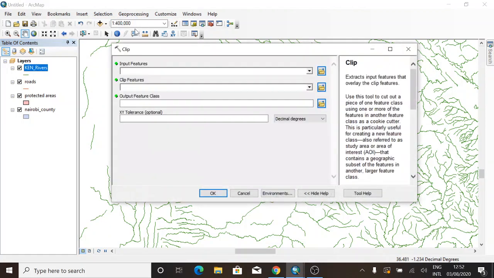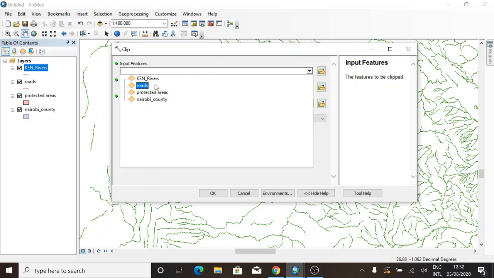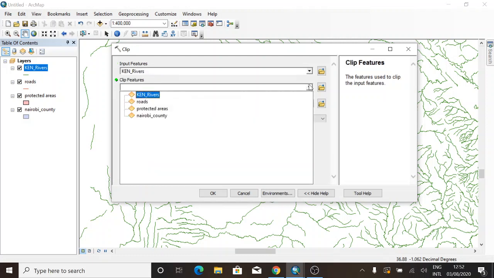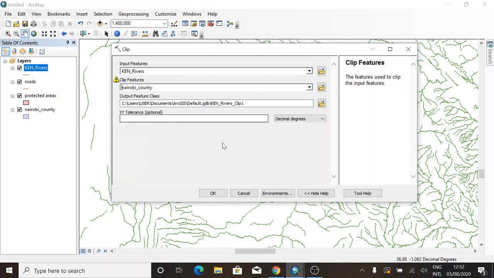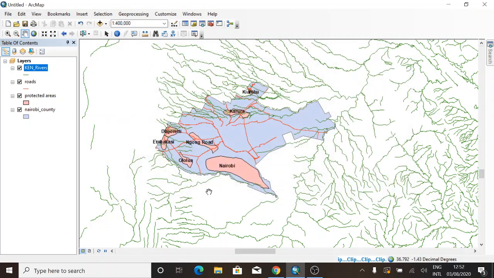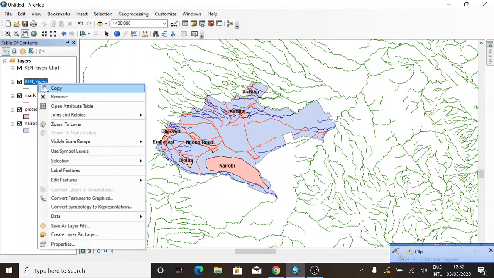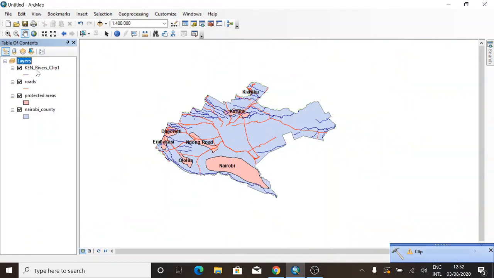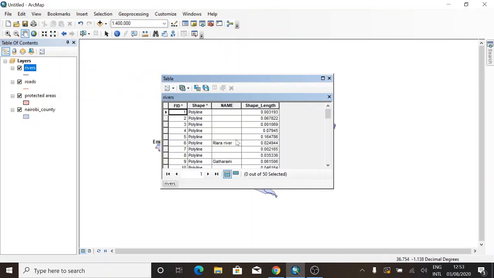Now this is line data. So I have to clip these. So you click within Nairobi County and you say OK. And the clipping is being done, and you have our clip here. So you can just remove this one so that our rivers remain, and you can name these as rivers. Say OK. You can open the attribute table to look at the different